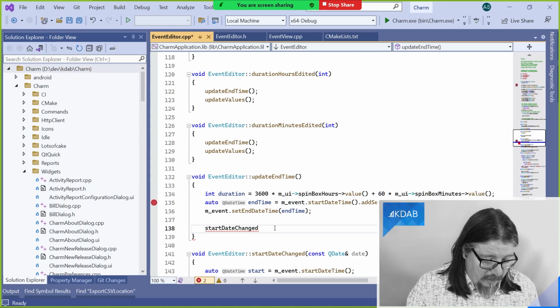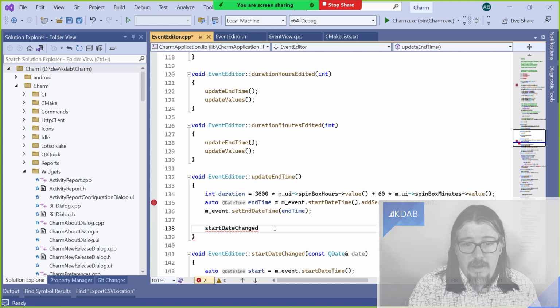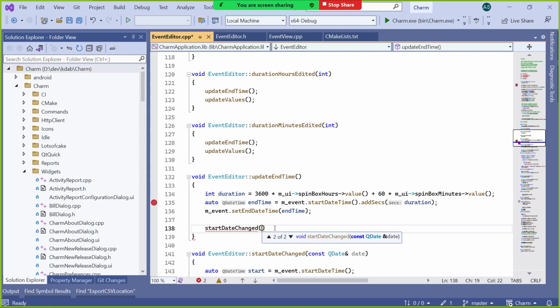And then the second feature is parameter lists. So if you type the open bracket in order to turn that into a function, you get another pop-up which lets you know that what it's expecting right now is a date of type QDate, and it also handles overloading, since C++ uses overloading and polymorphism quite a lot.